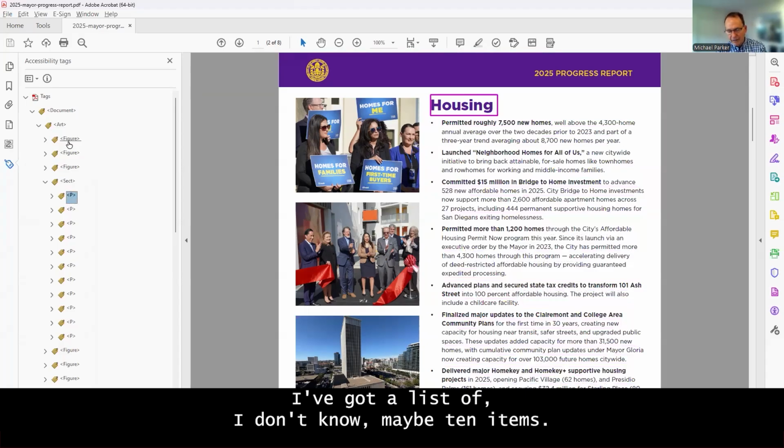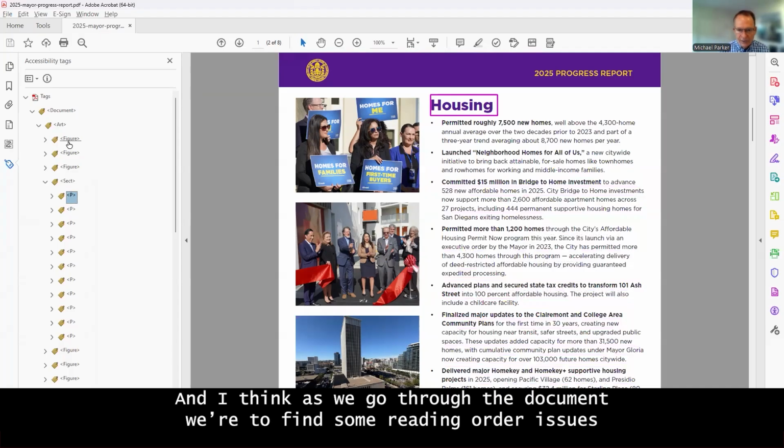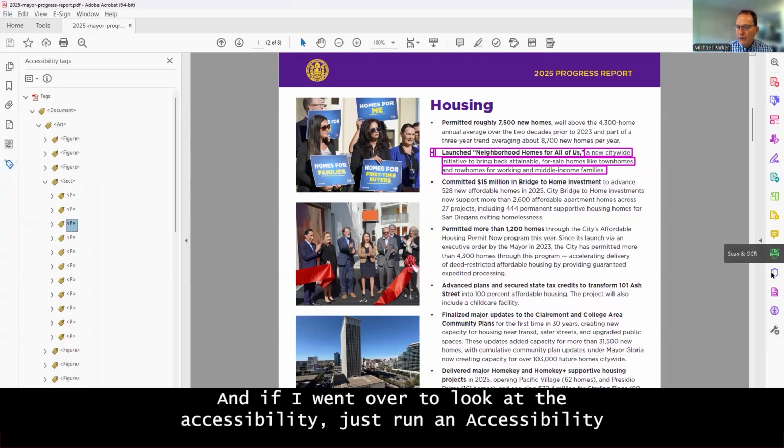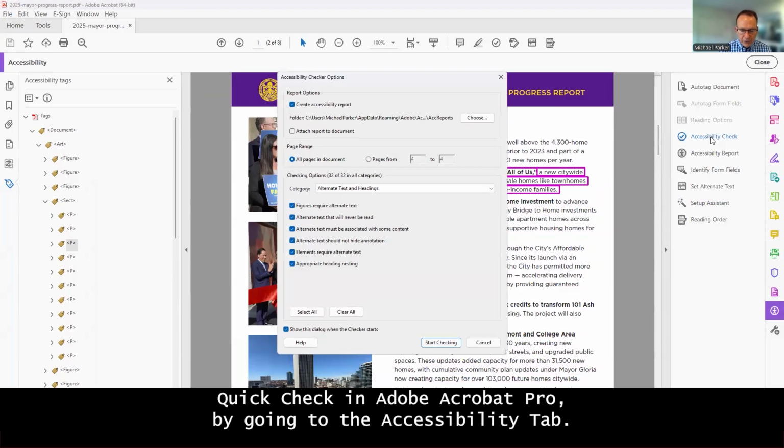I've got a list of, I don't know, maybe 10 items. It's not structured as a list. There's no heading structure. And I think as we go through the document, we're going to find some reading order issues as well. And if I went over to look at the accessibility, just run an accessibility quick check in